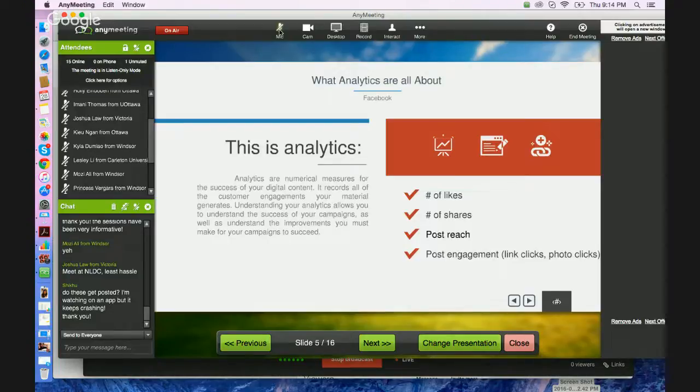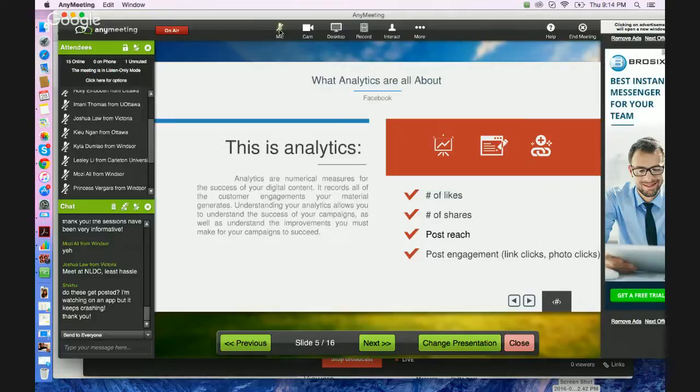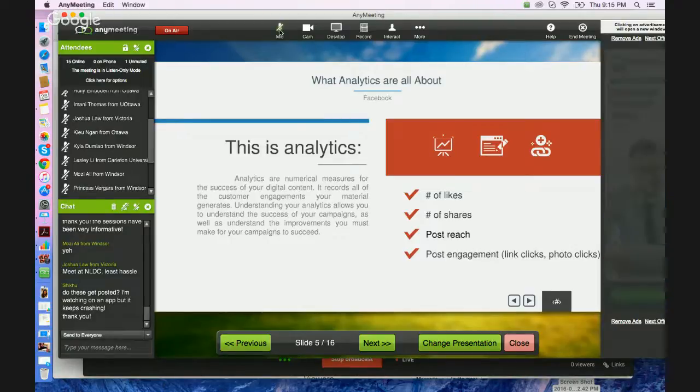So if that's just a whole pile of mumbo jumbo, what this really means is analytics are what numbers your content generates. It's the best way to understand your ROI on your marketing material. So if you understand that sort of ROI, how much engagement you're generating per post, or how many people are